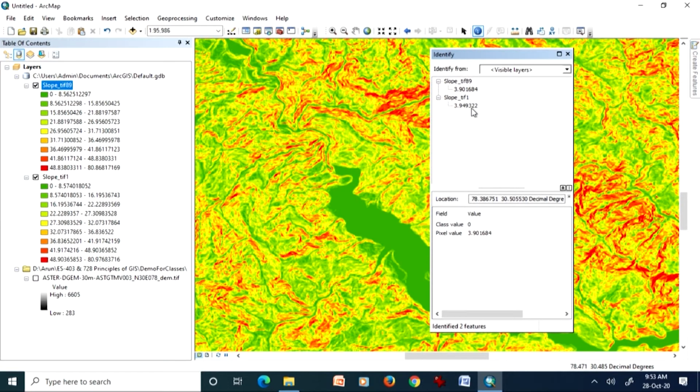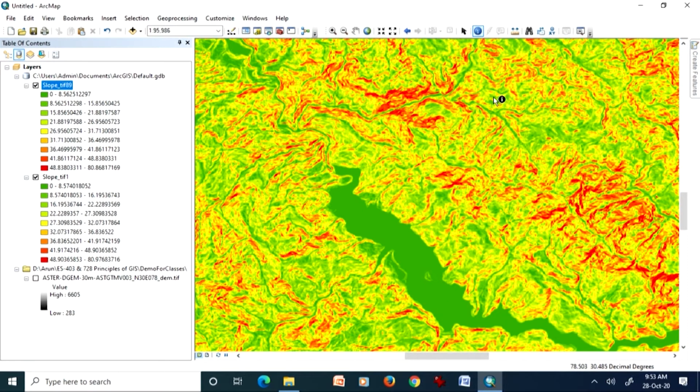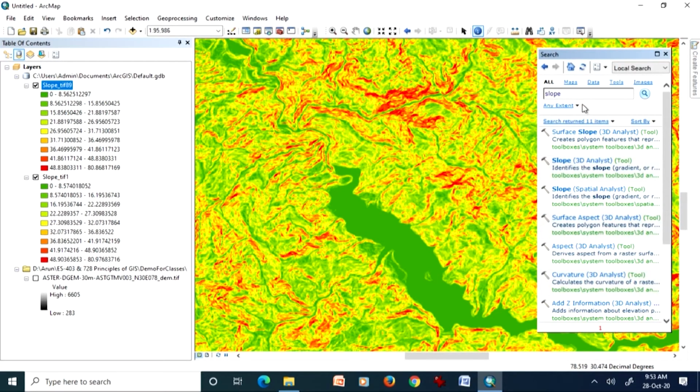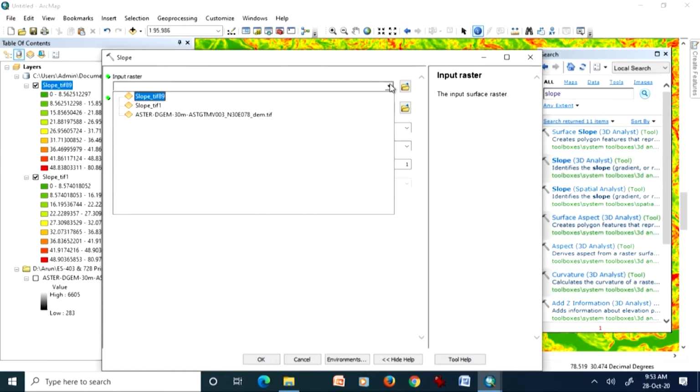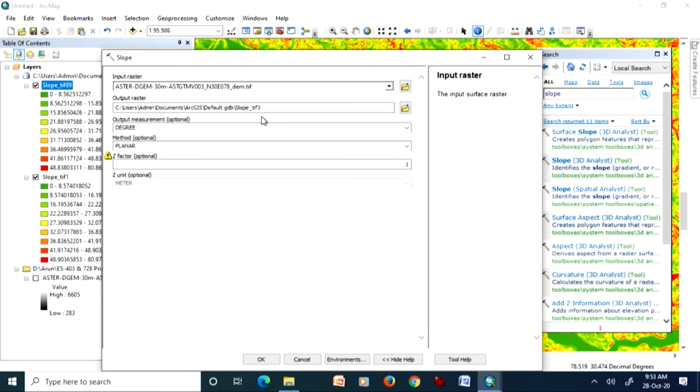And if you recall, we have used the same planar method, except for the Z factor, the rest of the things remain the same. Now I am going to generate another two maps, one with the planar method and Z factor 1, and one with the geodesic method and Z factor 0.5089.